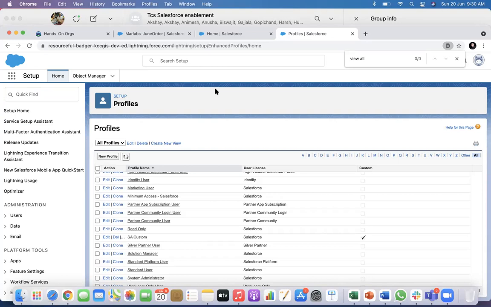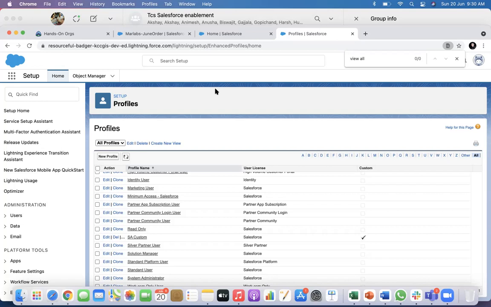Is it just for visibility issues? But they should be able to see that if they want. So in that case, take it out from the page layout. If no, this is a very secure field. They should not be able to access that field anyway. In that case, you will go with field level security. Yeah, I want that only, because the roles above that role, they only can see that, but that particular role cannot see that.